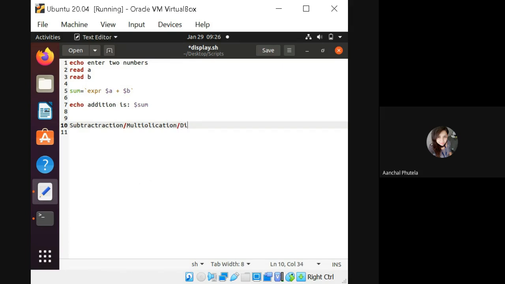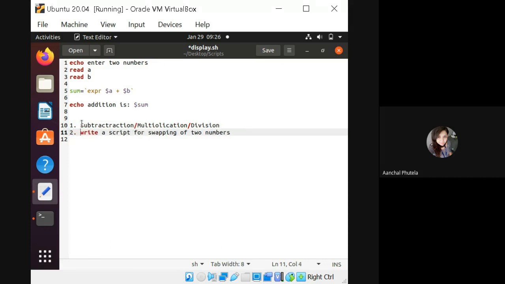And division, and after that write a script for swapping of two numbers. पहले ये वाली स्क्रिप्ट परफॉर्म करो, that is basic operators.